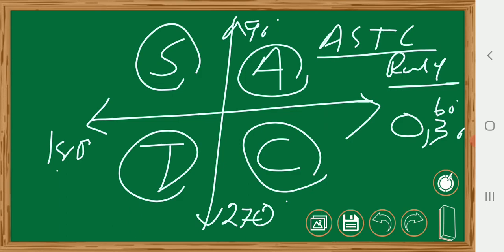This is a very important rule, the ASTC rule, which tells in which quadrant which trigonometric functions are positive and which are negative. In class 11, it is very important for you to know the quadrant and whether the sign is positive or negative. The sign according to the trigonometric function which lies in that quadrant is either positive or negative. Okay, my dear students, are you able to understand what the ASTC rule is?